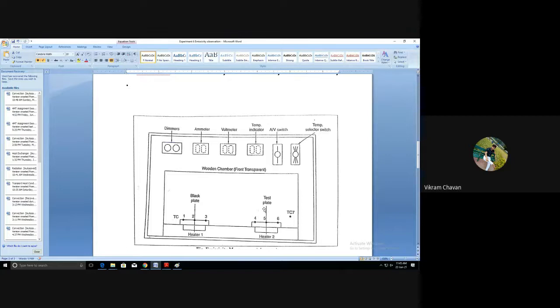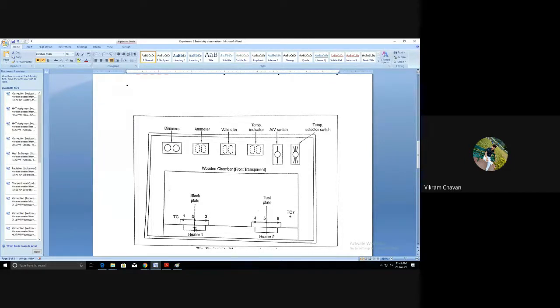Okay, and one heater is also connected to that particular plate to increase the temperature of the plate. Now these two bodies will continuously exchange heat with each other. Both are at a temperature higher than absolute zero, so both bodies will continuously exchange heat with each other, as we know